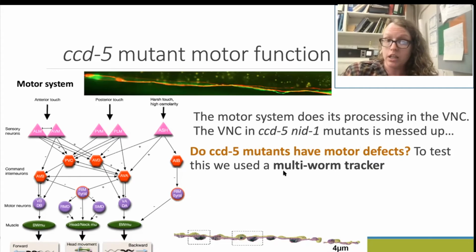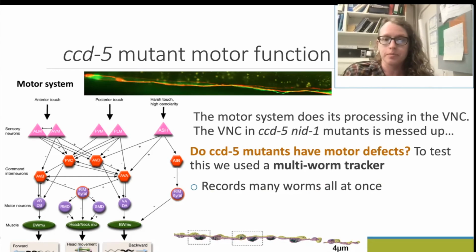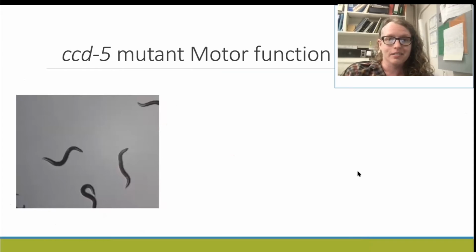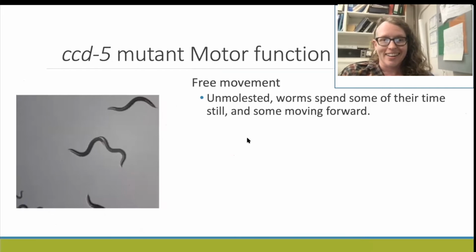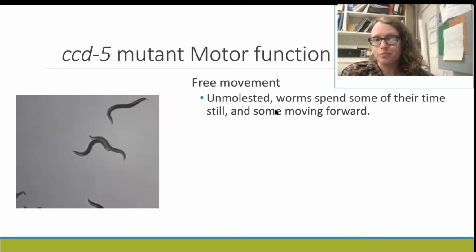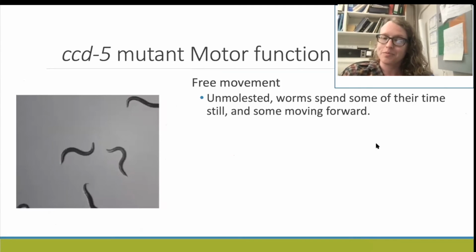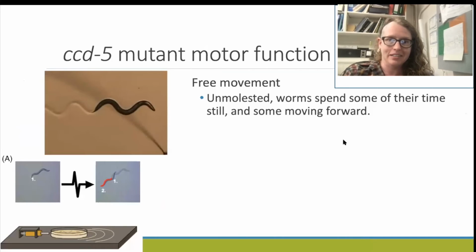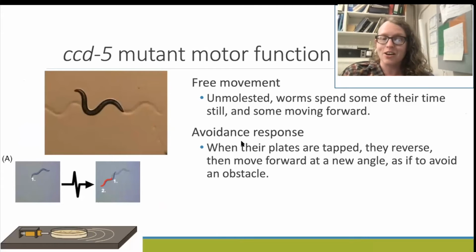To test that, we used the multi-worm tracker, courtesy of the Rankin lab at UBC. The multi-worm tracker records many worms all at once, at rest and in response to tap. So we assessed free movement, where if you leave worms alone, they will spend a portion of their time still and a portion of their time moving forward. We also assessed avoidance response. When you poke a worm or you poke a plate with a little thumpy thing,